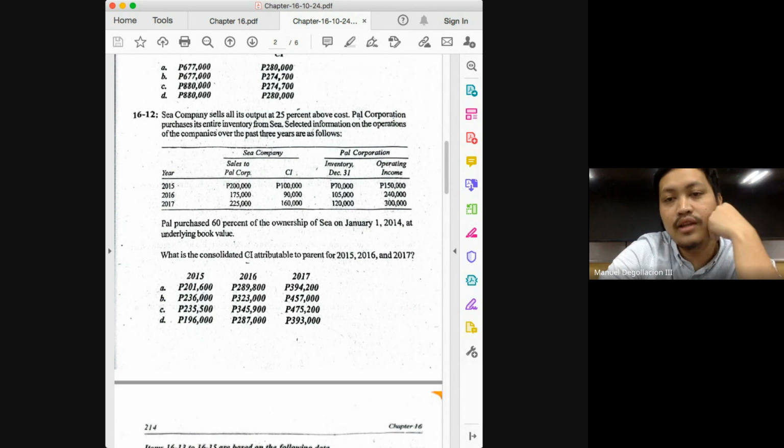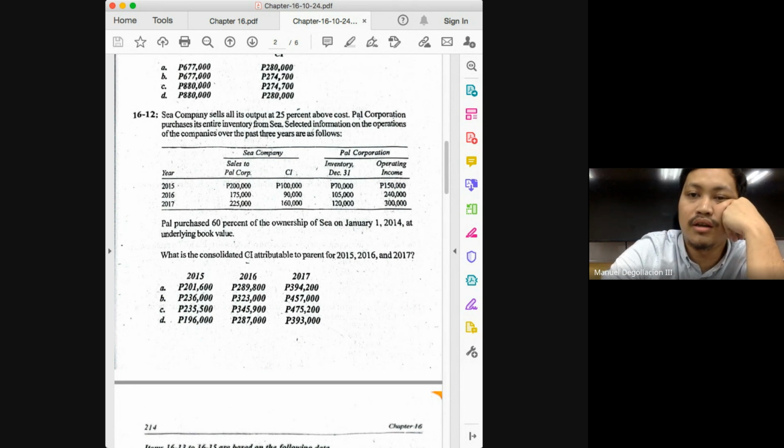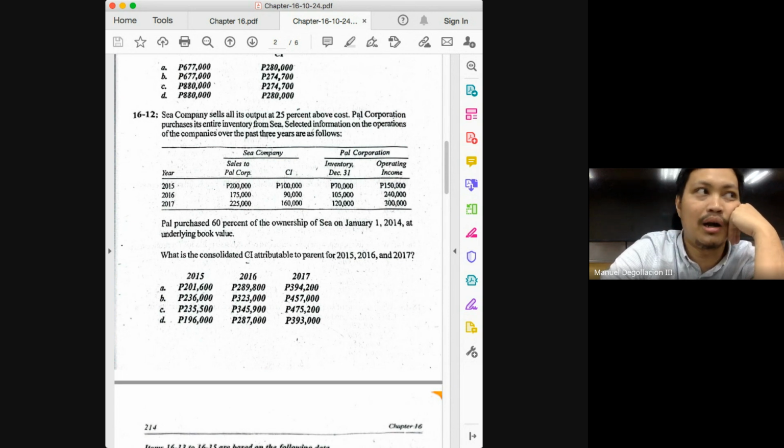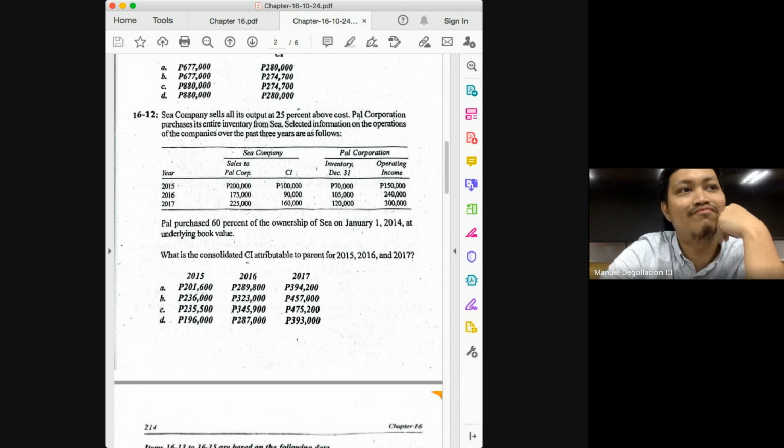Yeah, if you convert it to based on price, that would be 20%. Okay, since you already did that, let's just use 20%. So 70,000 times 20% will give you how much? And this is now the markup on ending. What do we do with the markup on ending? Plus or minus? Minus. Deduct it from 100,000. So 100,000 minus 14,000 will give you how much?